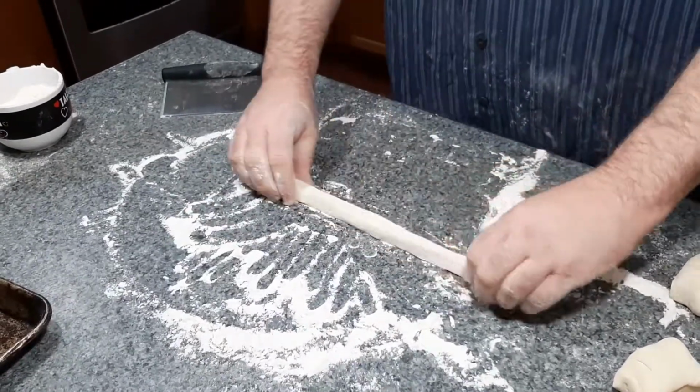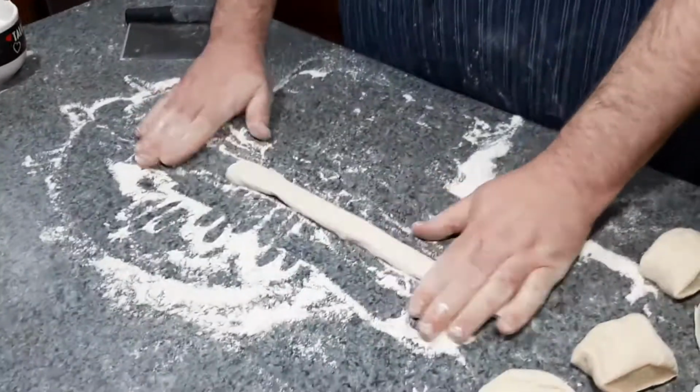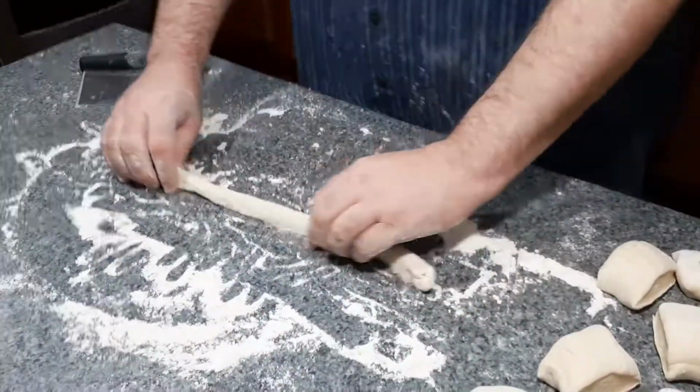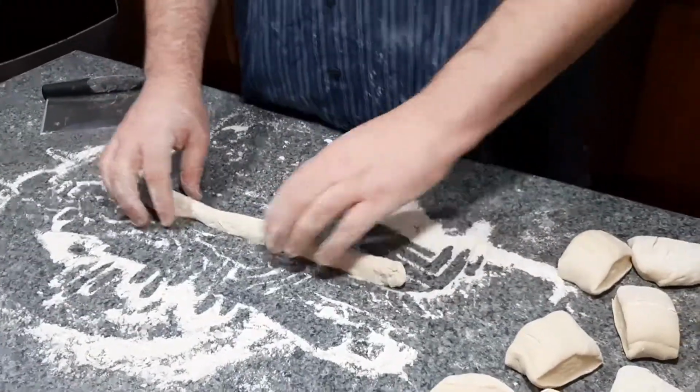If it'll roll, sweet Jesus. Fuck it, we're just going to stretch it out then. Alright. The counter's slippery. Alright. So, once you get it out to about your 8 inches, you're going to take one end,